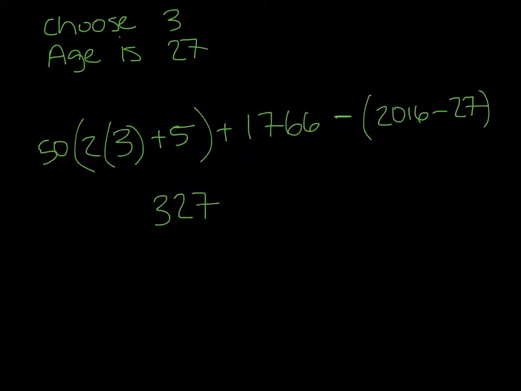Just a quick note when you're doing this, a little review: be careful with order of operations. Make sure you multiply before you add, and then get that whole number before you multiply by 50. All right? So pretty neat